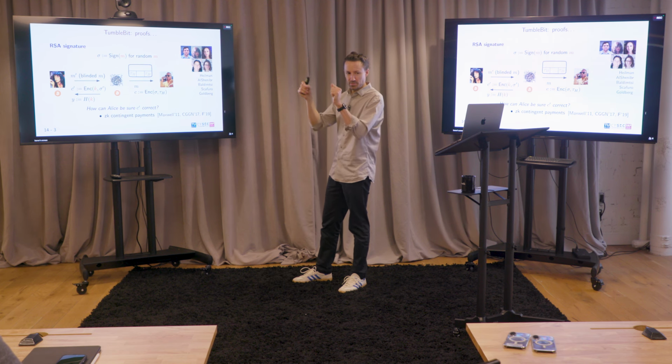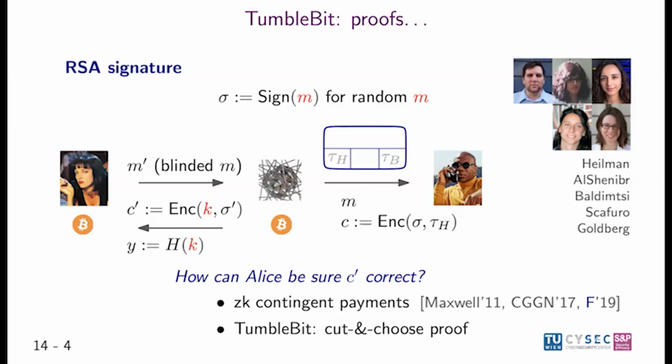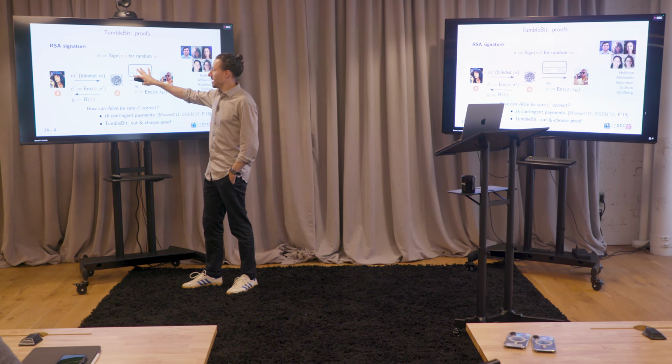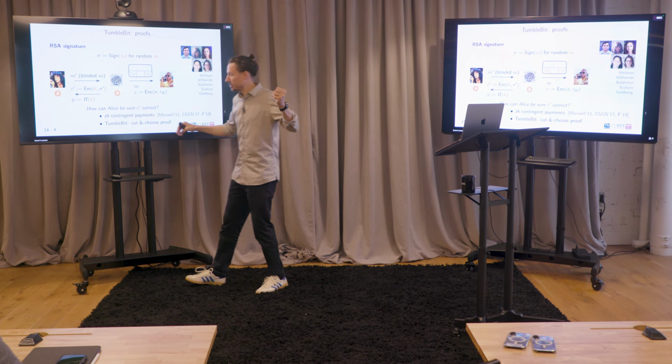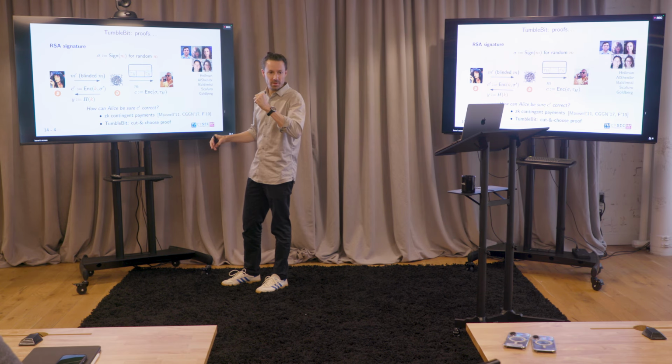Anyway, that's not what they do here, because proving RSA statements is kind of messy, probably using SNARKs. I mean, the Sudoku puzzle is a really simple circuit that checks whether something is a solution. This would be a lot more complex. So what they do is use cut and choose techniques, meaning that basically Alice sends a lot of blinded messages to the hub, and then the hub encrypts them. Then Alice selects a subset and the hub has to open them, and Alice can just check whether that was correct, right? And if there was anything incorrect, there's a good probability of catching the hub.